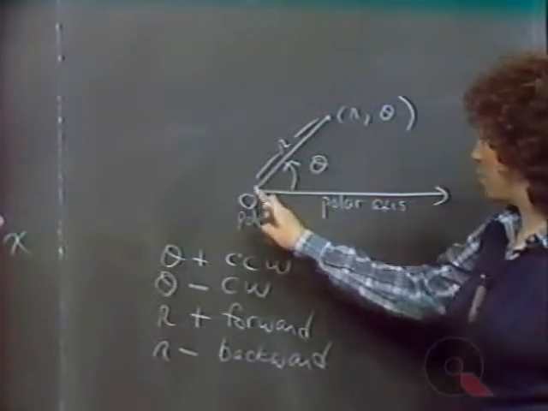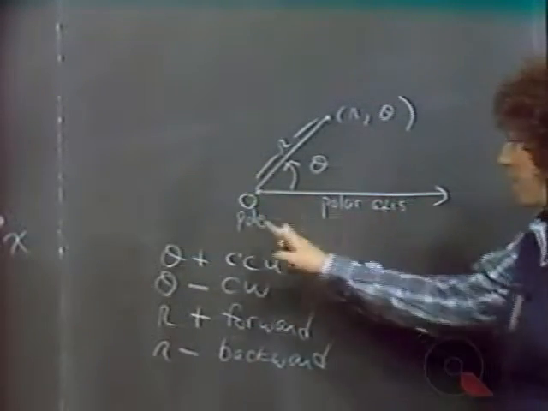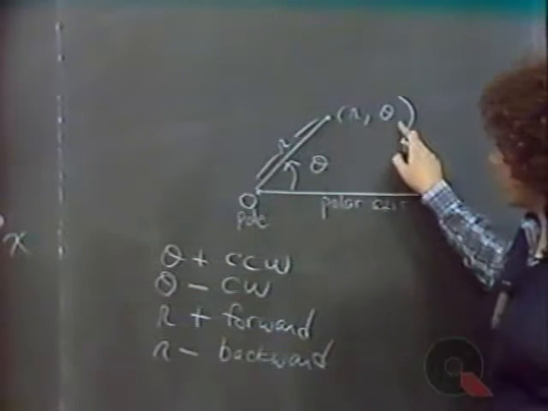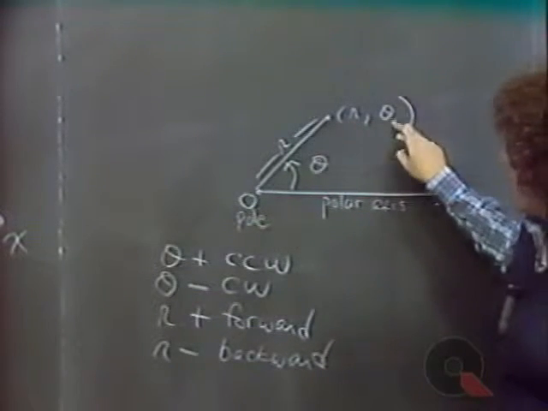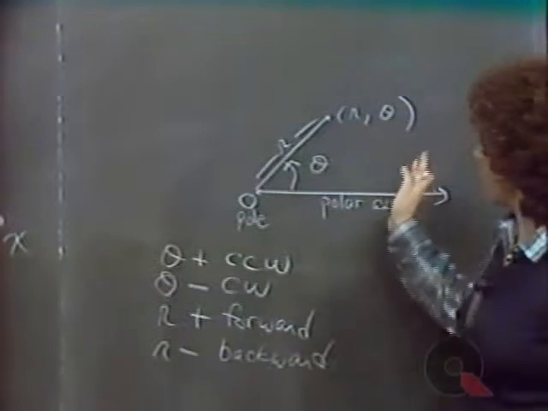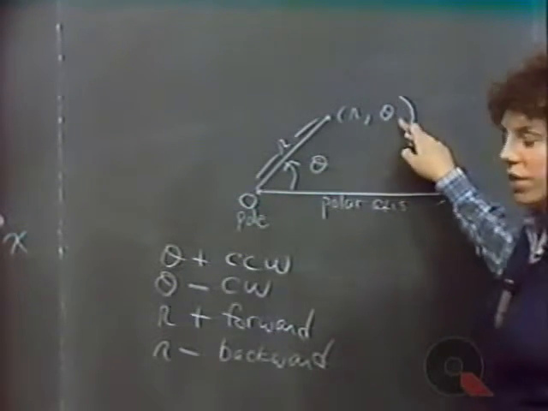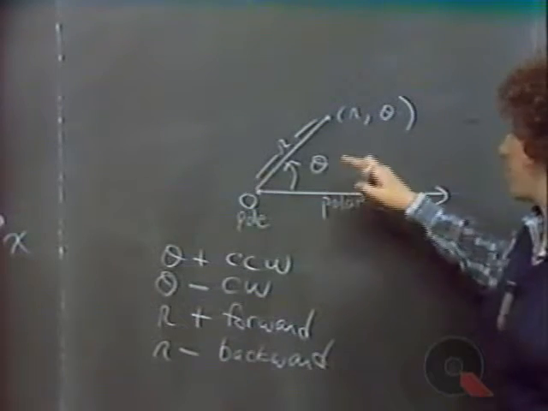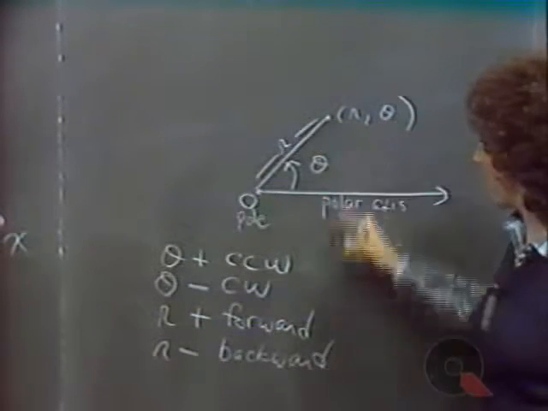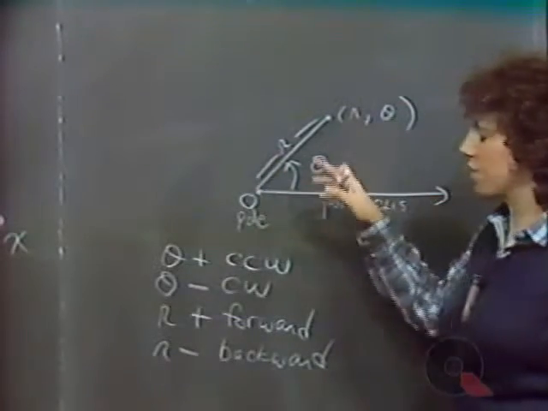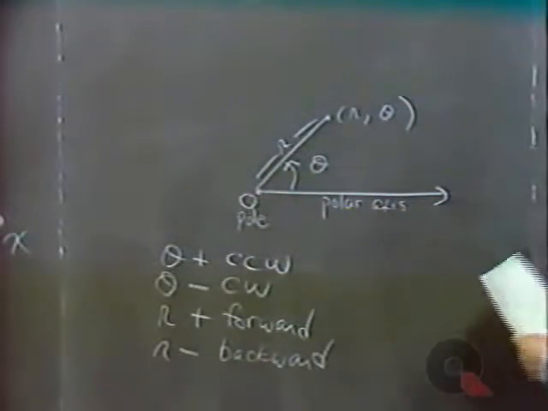If you can imagine, his nose is facing out along the polar axis. That's the direction he's facing in. He is now going to be directed to a point in the plane. If theta is positive, he will rotate himself in a counterclockwise fashion, whatever number of degrees theta is. If theta is negative, he will rotate himself in a clockwise fashion. If r is positive, he will then walk forward. If r is negative, he will walk backwards. For example,